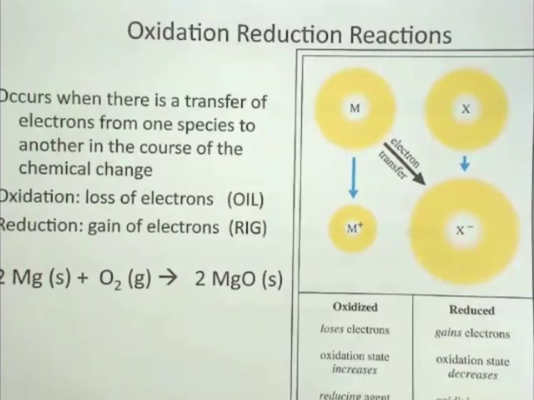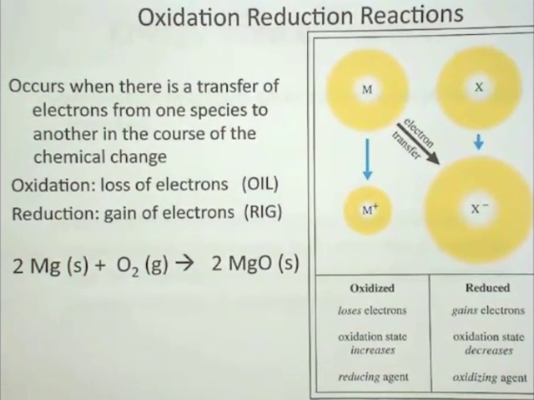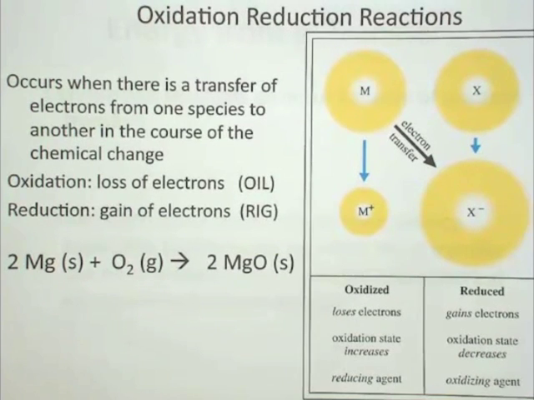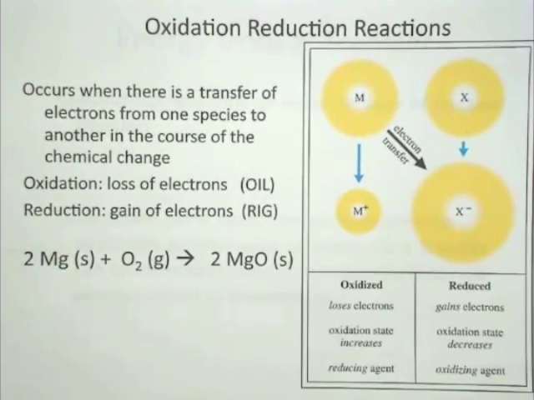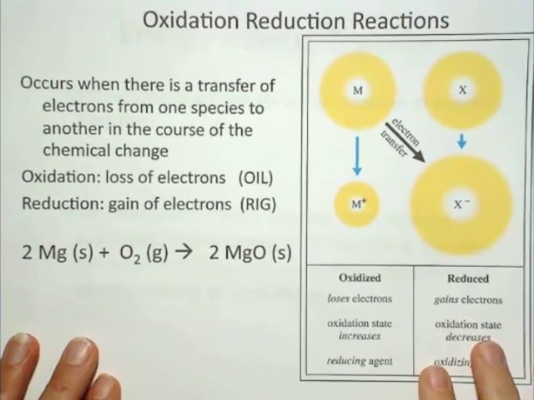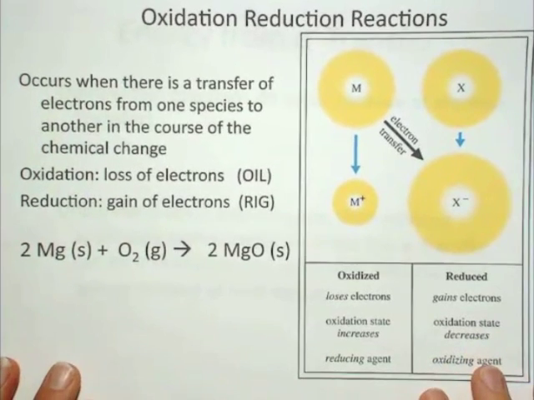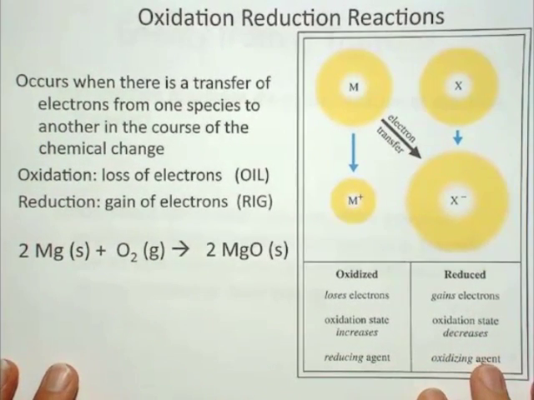So let's take a look at how we can do that. Electron transfer, this concept of electron transfer, is when electrons literally are transferred from one species to another across a chemical change. And we call this type of electron transfer, there's a special name for it. It's called oxidation reduction reactions. Anytime we have an electron transfer, we would consider that type of a chemical change to be an oxidation reduction